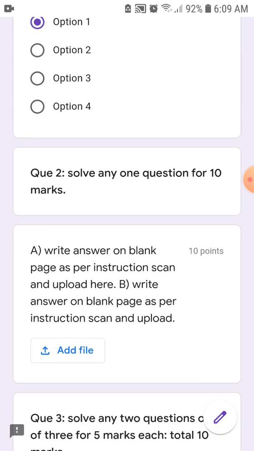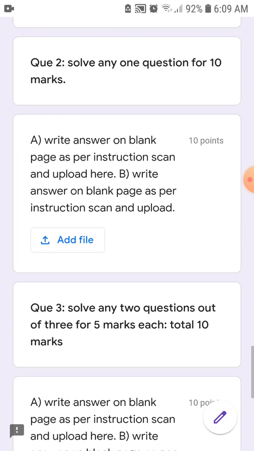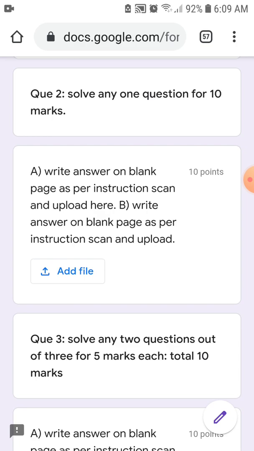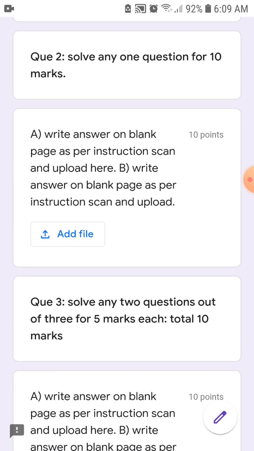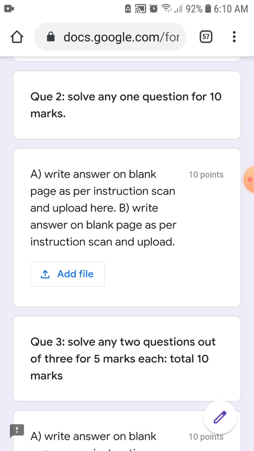After this, you will be shifted to the question number 2, which is, we can say, solve any one question. You can see here 2 options are available. Question number 2, sub option A and sub option B. So out of these 2 questions, you can write the answer of any one question. For this part, you have to write the answer on your blank pages as per the instructions given to you, by writing your name, your roll number, name of the subject, date of examination, date of second sessional examination.